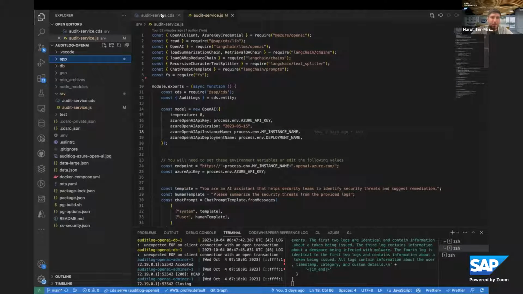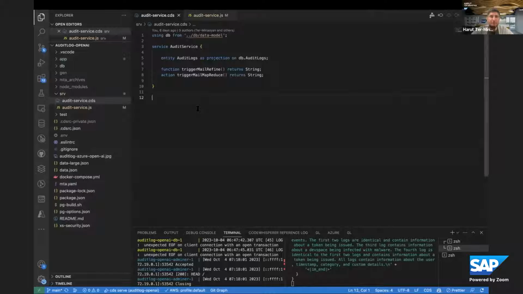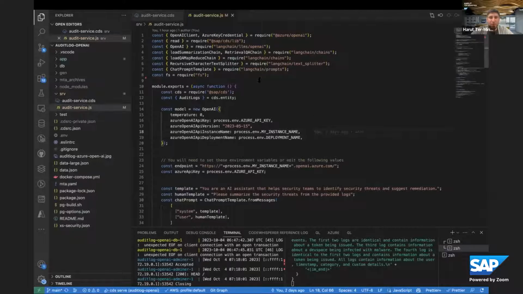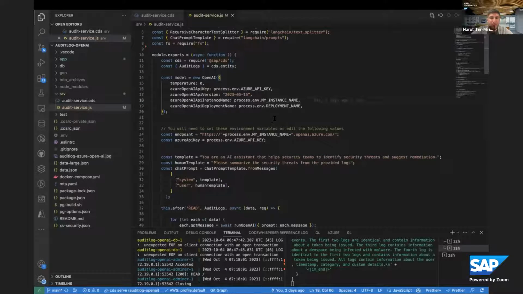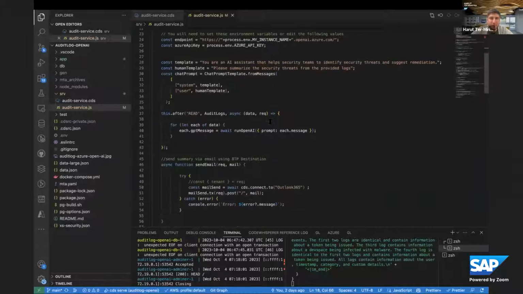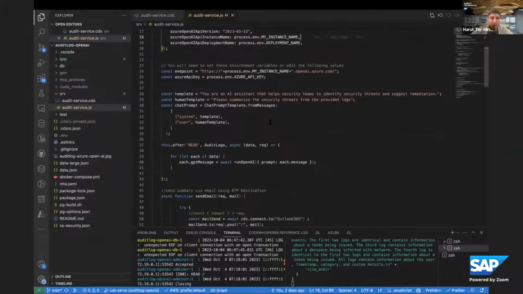As I said, we built a small CAP service for that. So you can see that we have one simple entity which serves the logs. And then we also have an action defined that we can trigger the mail, basically. And if you look at the implementation here, we used, as I said, 2 approaches, or we have even the third approach. The first one is just simply sending